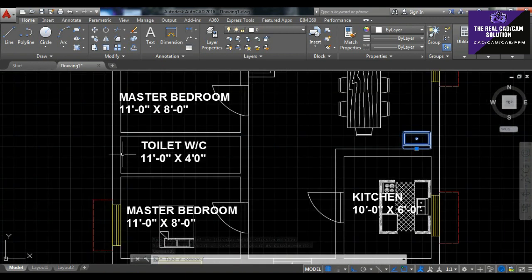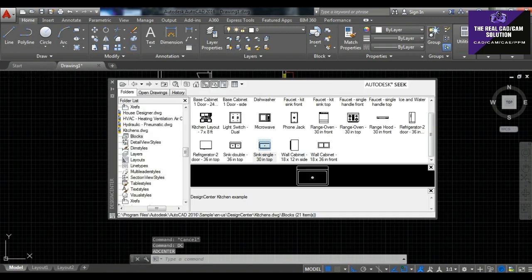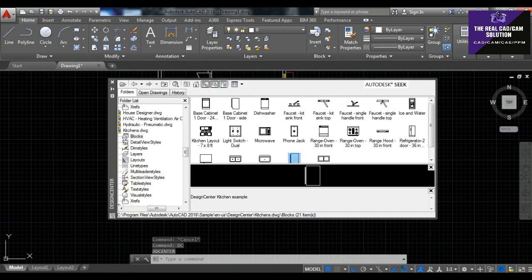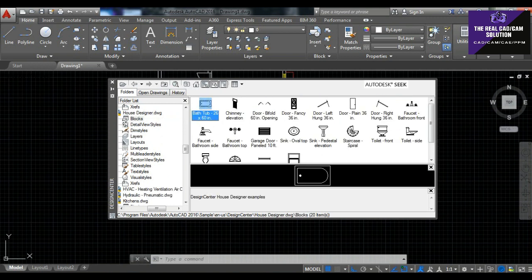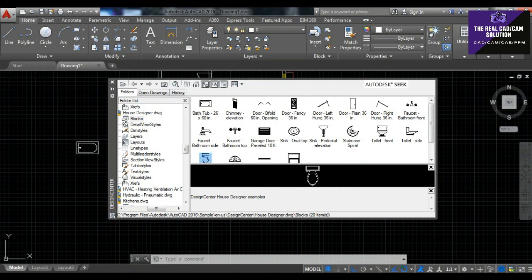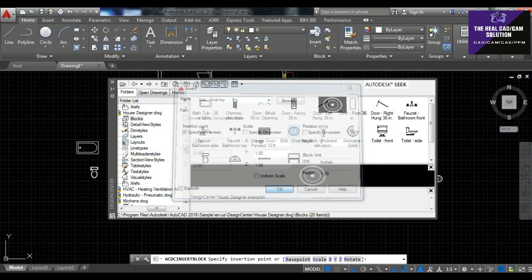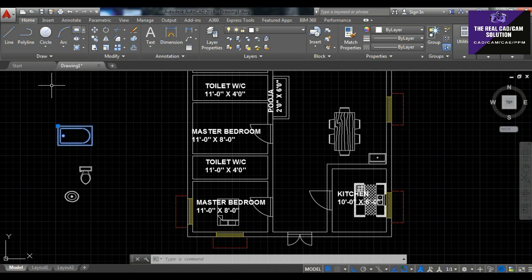I want to change here; the toilet area is present empty. I want to place some toilet fixtures like this. Okay, bathtub, water closet like that. I want to place a bathtub here and a water closet here. Then whatever you want to place, you just take it and load it. It's the old sink design in top view. I just click and move it.